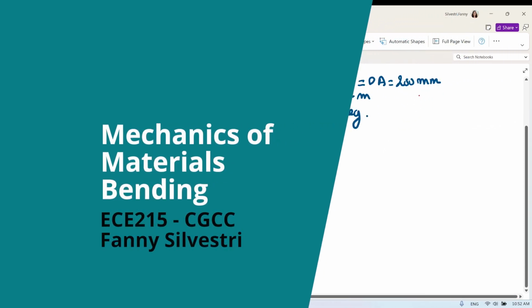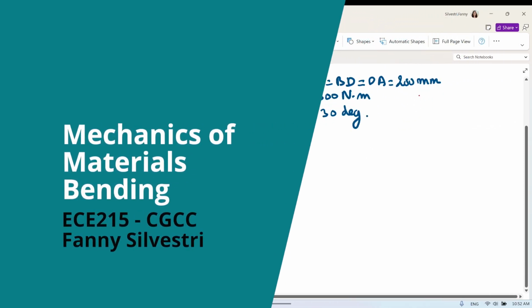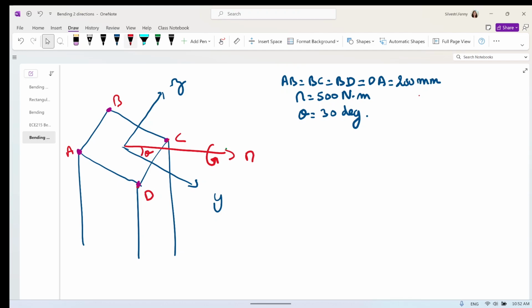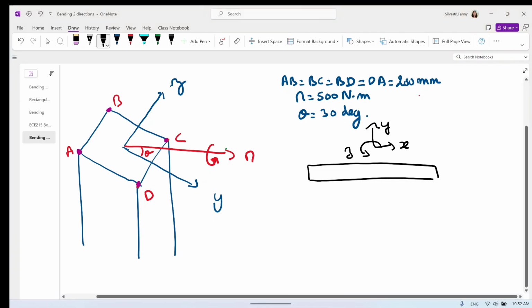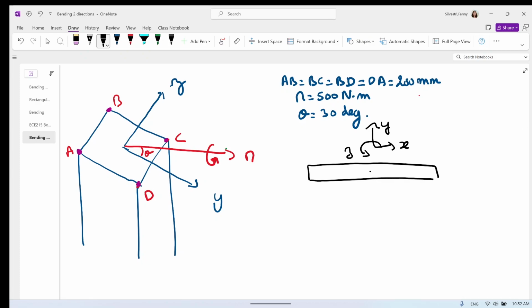Okay. In this example, we will find the stress due to a moment that is at an angle. So it's not just on Z or Y. Usually what we did before is that we have a beam. Our system is in X and Y, so the moment is about the axis Z, right? So when we have a moment about the axis Z, we create,